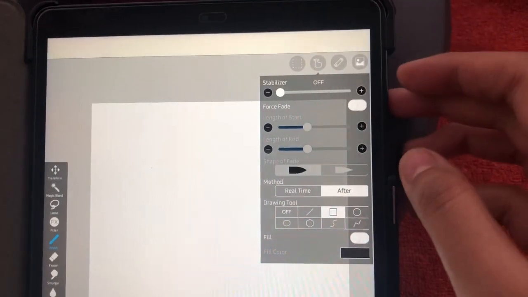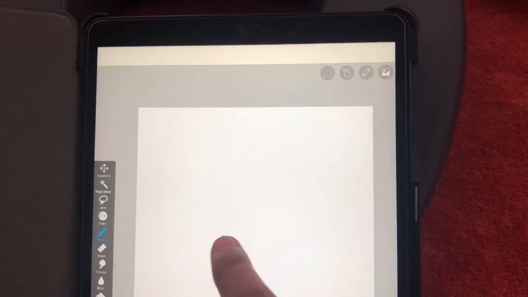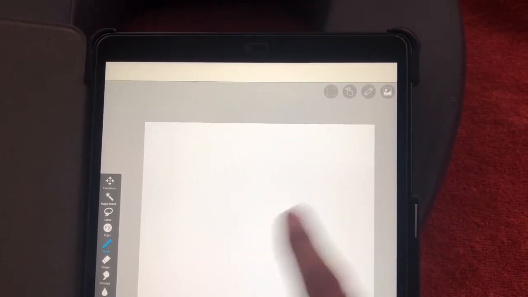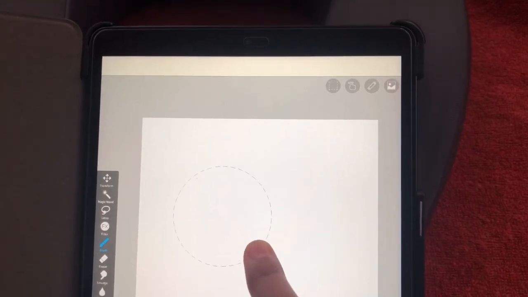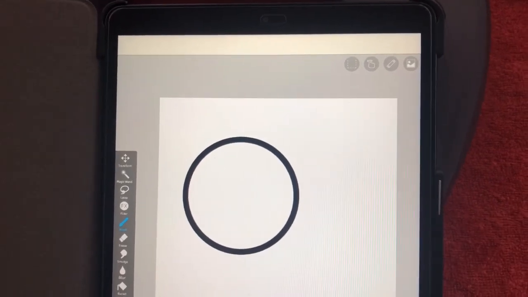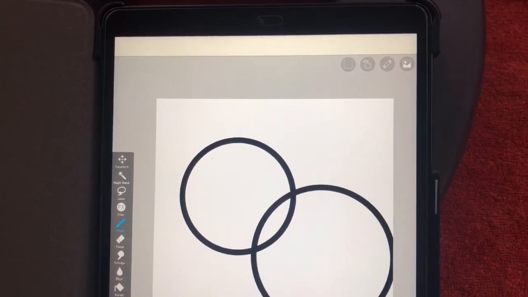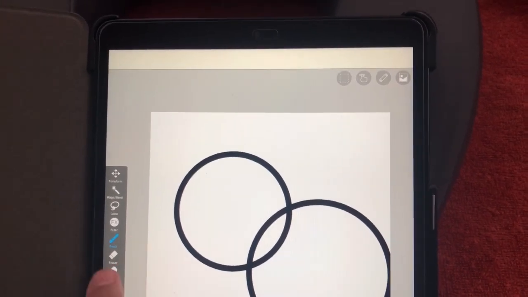Next, we will choose the circle icon and let's draw a circle on the canvas using the default shape. So let's drag and draw a circle on the canvas. So yes, this is a circle. You can draw big circles, small circles depending on your requirements, and yeah, let's clear the canvas.